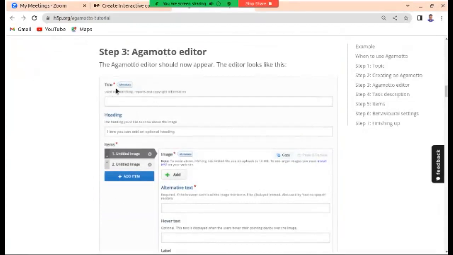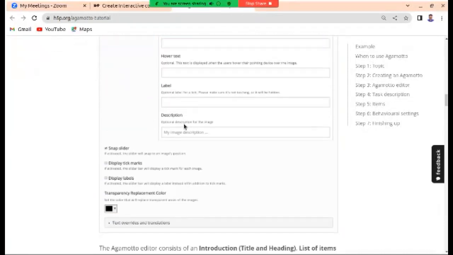So in the editor we will get the title and heading and all this, and here is the untitled image, untitled image, meaning how many images you need to add in this Image Blender. So this is the main Augmoto editor place. So after that,